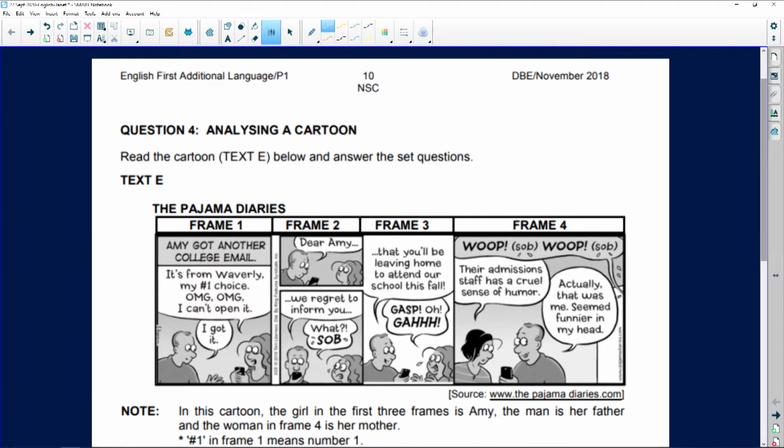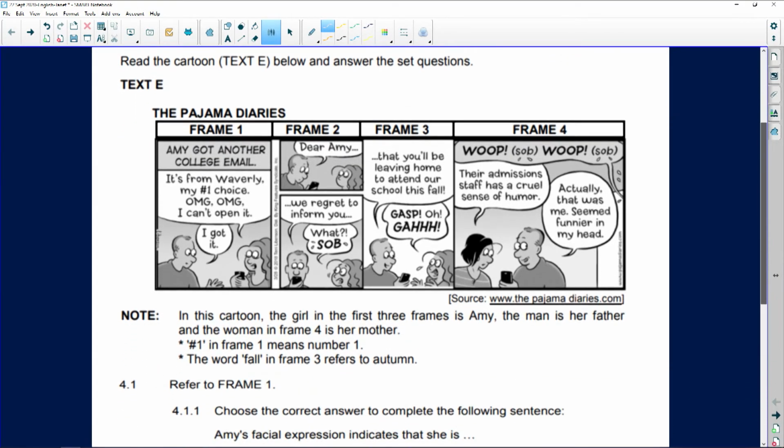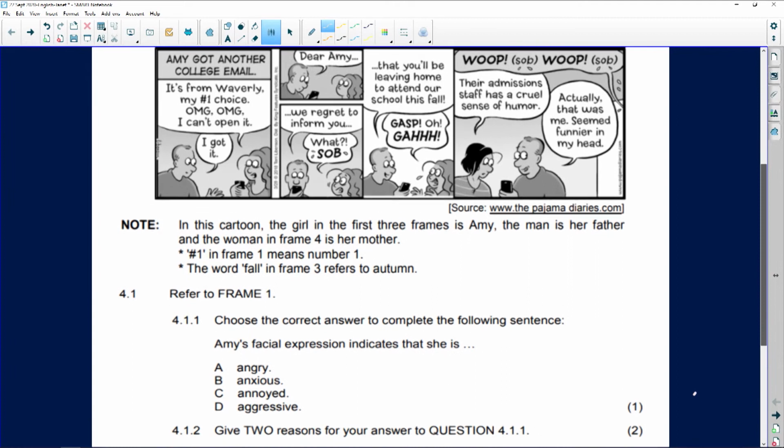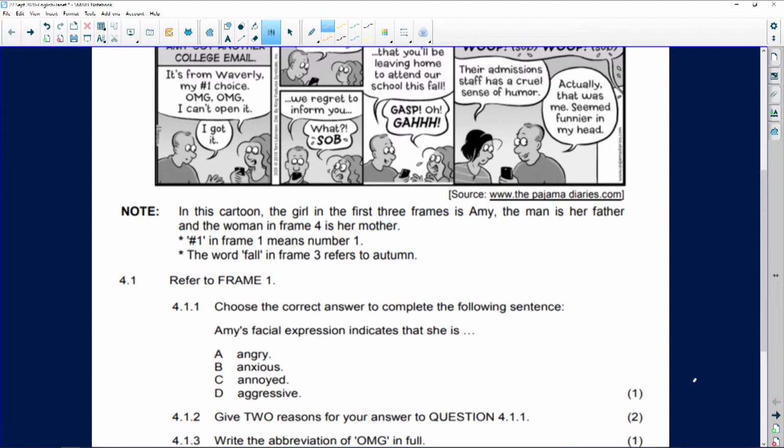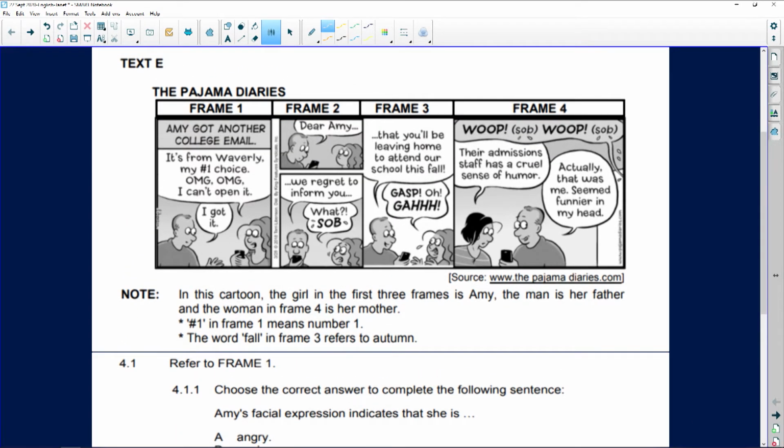Nevertheless, Mbali has found a cartoon for me, and this is what she's found. So that's the cartoon. Let's start with the question so we know what we're meant to be doing. Refer to frame 1. So the examiners tell you the frames. They are really worried that you might get the frame wrong and then answer the question on the wrong frame, and that really isn't what they want. So they're not testing, can you count 1, 2, 3, 4? They number the frames for you.